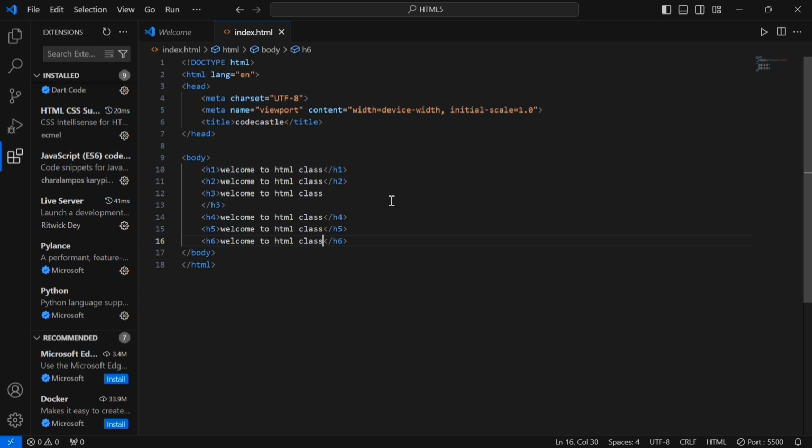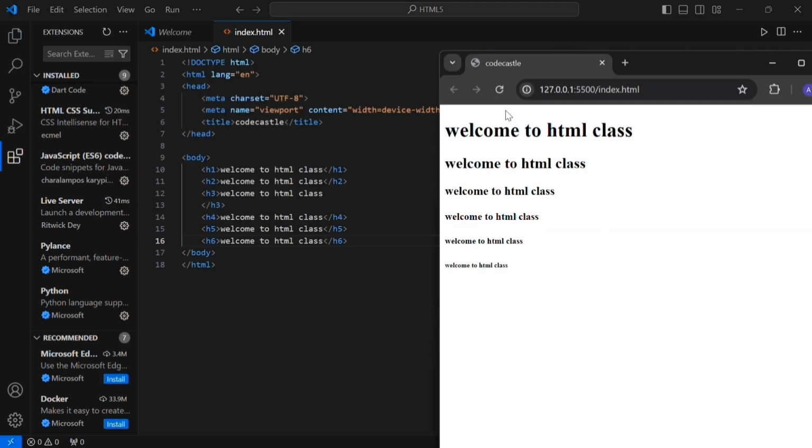So let's save this code, Ctrl S, go to our browser, refresh it. Let's check the output. The H1 tag, H2 tag, H3, H4, H5 and H6. These are the heading tags. Based on the priority in our code, we are going to use these tags.